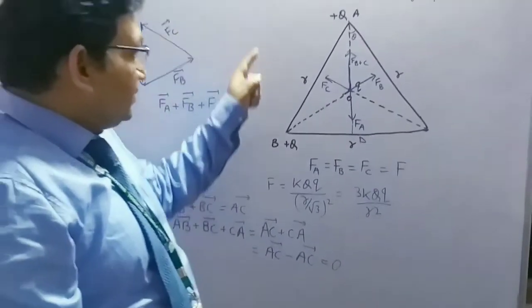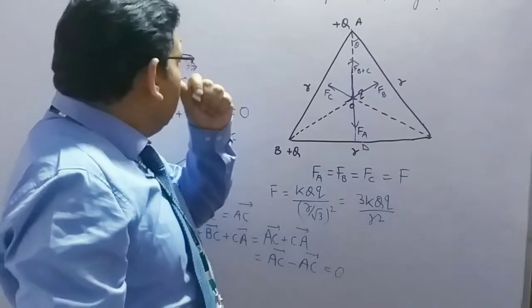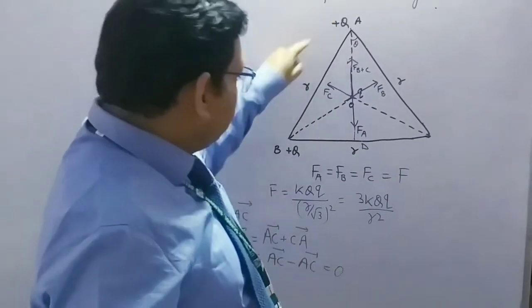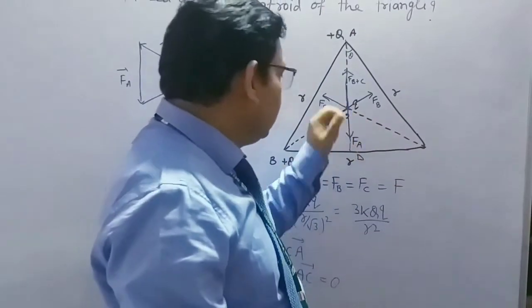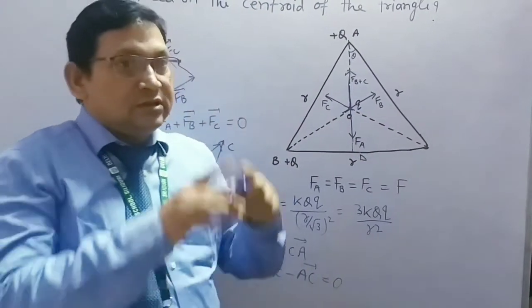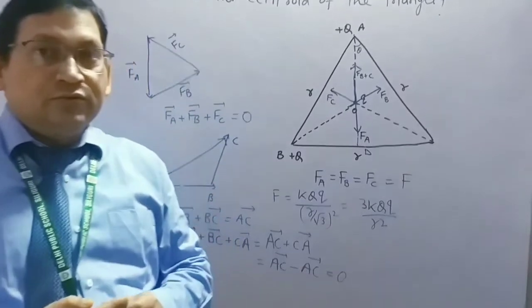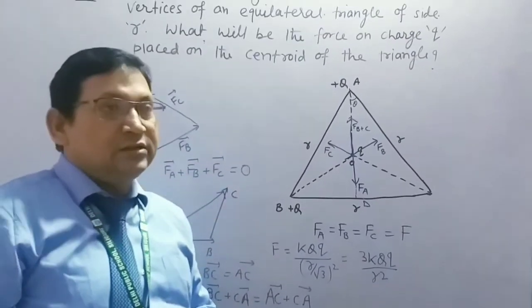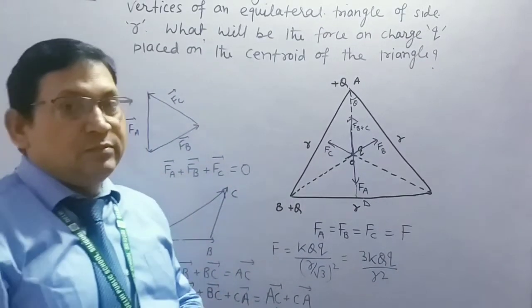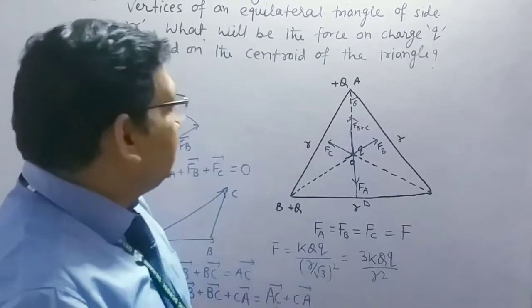So far we have taken the charges on an equilateral triangle. First we have taken the charges on the vertices of the triangle, then we put a charge on the centroid. Now we are taking a square and taking 4 charges at a time and then finding the resultant force by the method of superposition. Let's see some examples.